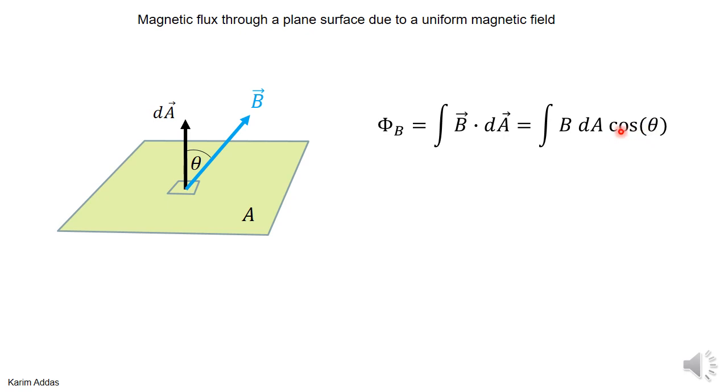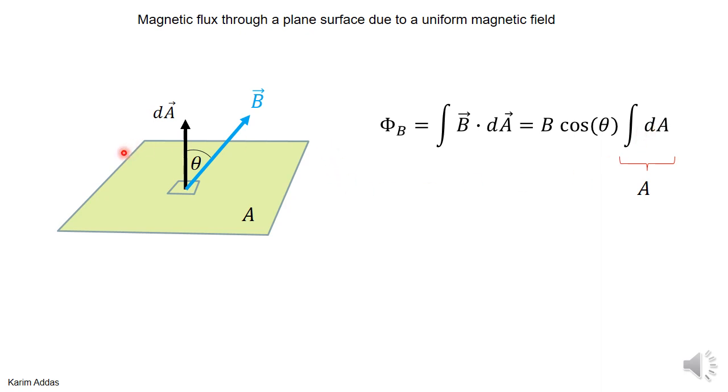So cosine theta is a constant. It's the same value everywhere, same angle. And also B is the same value everywhere because it's a uniform magnetic field. So I can take B and cosine theta outside of the integration. Then I get integration of dA. What's integration of dA? It's just the total area. So you get B cosine theta times A, which is BA cosine theta, and that's the total magnetic flux through the